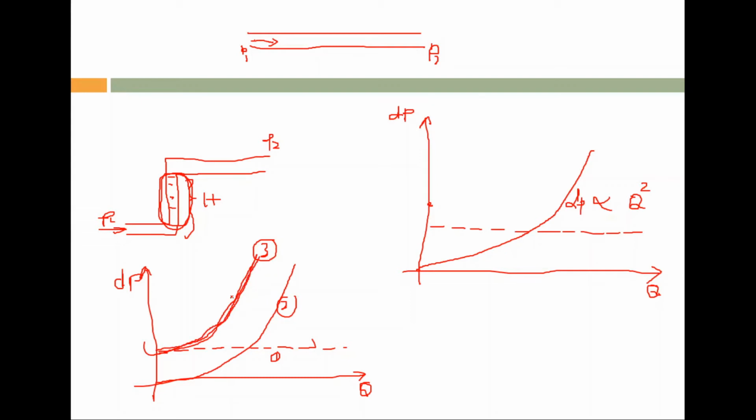It will have two parts. Please note that it will have a static part, that is one, that is static head, and the second one is the dynamic part 2, that one is due to the friction between the fluid and the surface of the pipe. Is it okay? So please note this curve, the curve represented by 3 is the system curve.